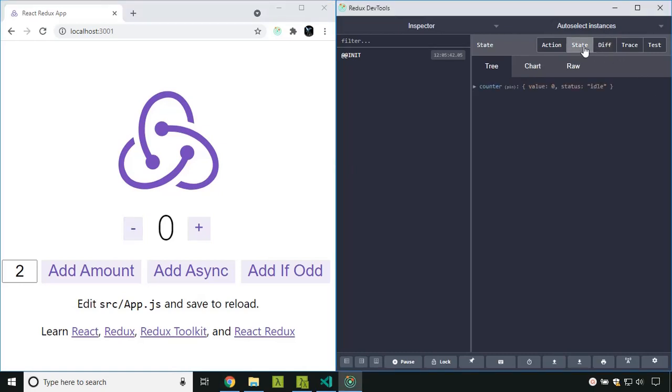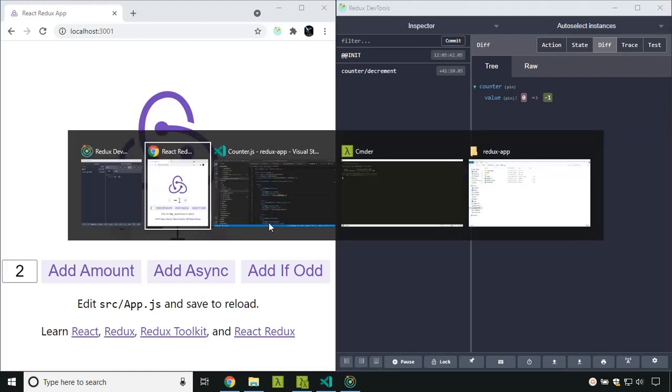Initially you can see that the current state of our application has a key called counter, which we defined inside the store, and the value is 0 and status is idle. I am pressing the minus. Now you can see that an action was dispatched with the name counter/decrement. The counter is the namespace which we gave inside our createSlice, and this is the name of our action. The new value is -1, and you can see the diff here, the value that got changed.